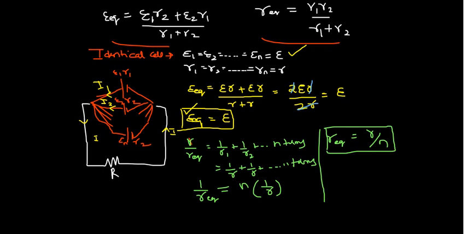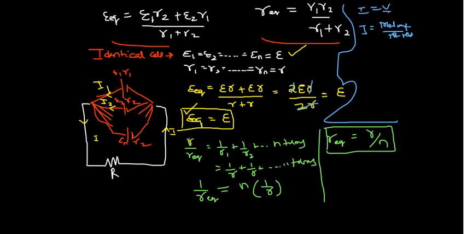Okay, now I want to put another thing here, that is the total current value. I want to calculate the total current value. The equation is the same: we have to take the total EMF divided by total resistance. It's the same equation as I is equal to V by R, right? But we are dealing with EMF, therefore I'm taking it as V. Now when I take the total EMF, I can make it E equivalent whole divided by total resistance.